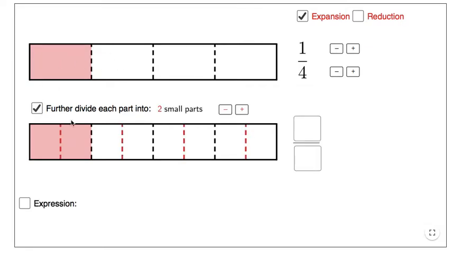We're going to divide it into two smaller parts. Okay, so we end up with 1/4. And so this is going to end up being 2 out of 8 parts. Okay, so we can increase the number of parts, and you can see how as we increase the number of parts, every section gets divided into 4 equal groups. So now we have, instead of 1 part here, we have 4 parts